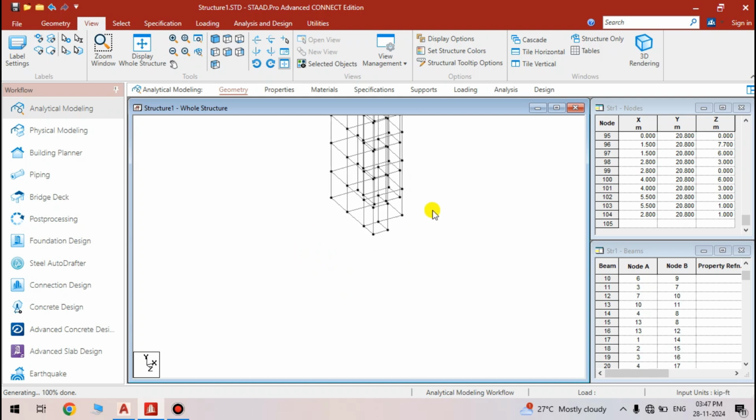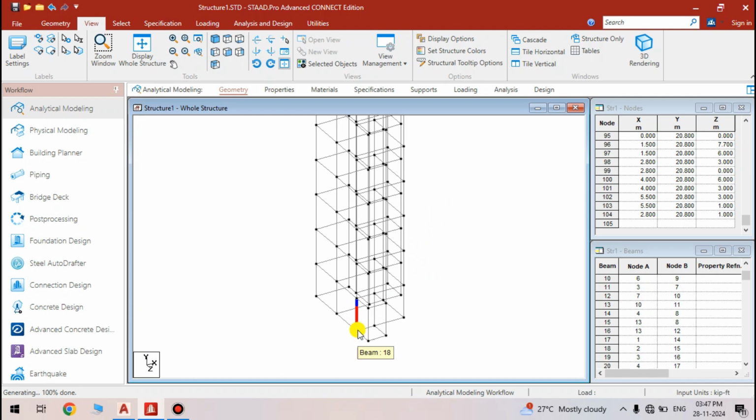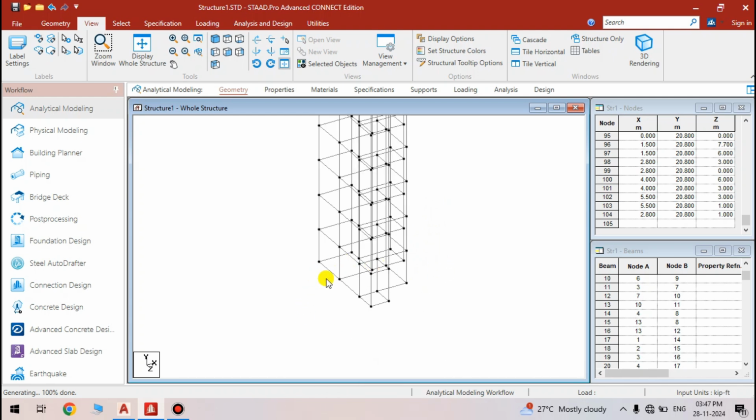Now to do this, first of all we have to select the node. You can select this node one by one. This is not the node cursor, this is the beam cursor, that's why the beam is selecting, the node is not selecting. So you can change the cursor here. Yes, this is the node cursor. Okay, this is the node cursor. So you can select the